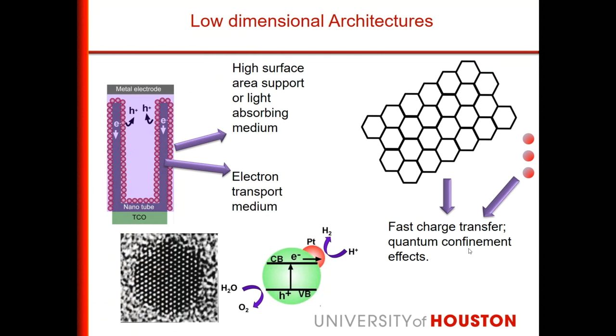A good example is the bandgap variation. If you take a material that absorbs light up to the red region of the solar spectrum, and we take that bulk material down to a very small quantum dot, then its bandgap widens. That means it can no longer absorb red, but it can absorb blue or green depending upon its size. So we can tune the light absorption of these materials by just tuning the size. This is a well-proven fact, so I am not going into the details of that. So this is one example of a nanoparticle.